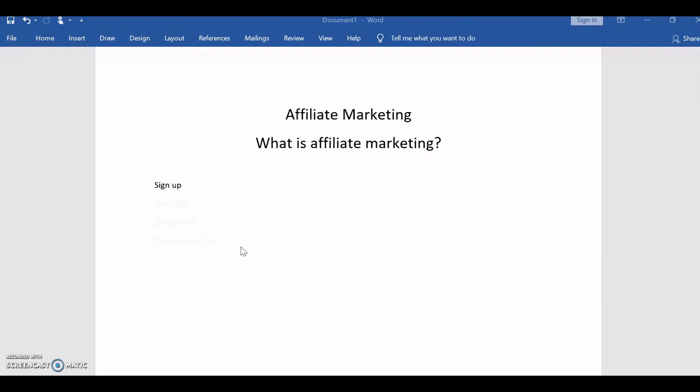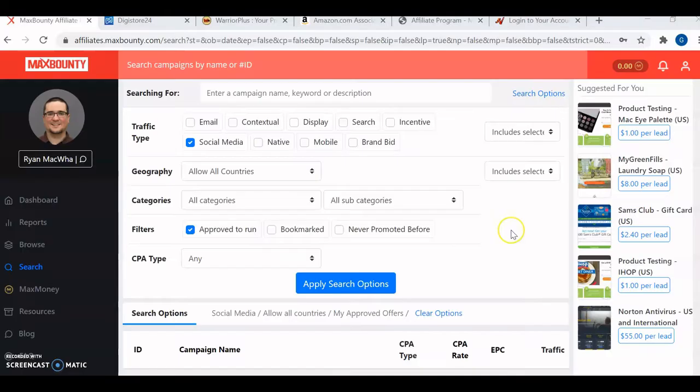So let me show you different sites that I personally work with and which I can recommend to you, and you can get started right away. This is Max Bounty. It's one of the programs that I've made an income from, and it's available globally. There's a process to sign up, which I'll share in a video that I'll link below. If you've not watched that video, just make sure you watch it before you sign up with Max Bounty, because there's a process you need to follow.